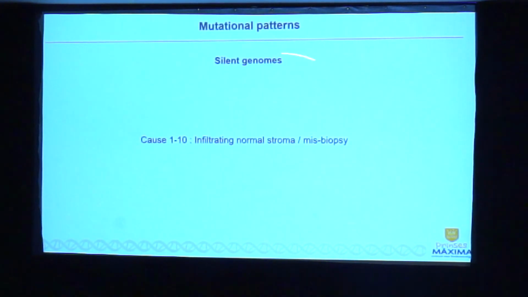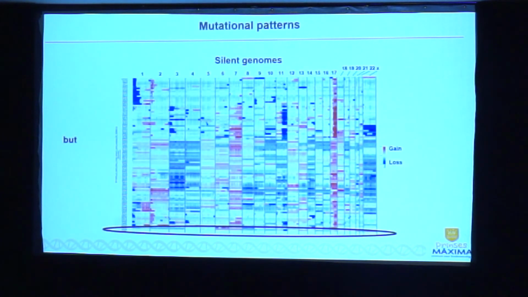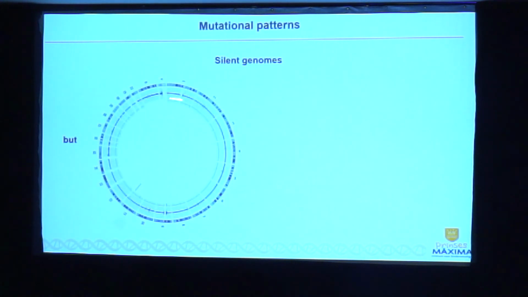Finally, silent genomes. So there's always this story about neuroblastoma silent genomes, with no genomic aberrations. I think in case, of course, 1 to 10 will be that there's infiltrating stroma, there's a missed biopsy, so that's reason 1. But for the sharp person, here at the bottom you see that I did include 2 blank genomes. So what happens to those? Because I think those are neuroblastoma, they really look like neuroblasts. And when we analyze these tumors, they look like this, so there's nothing happening, but there's something happening there,